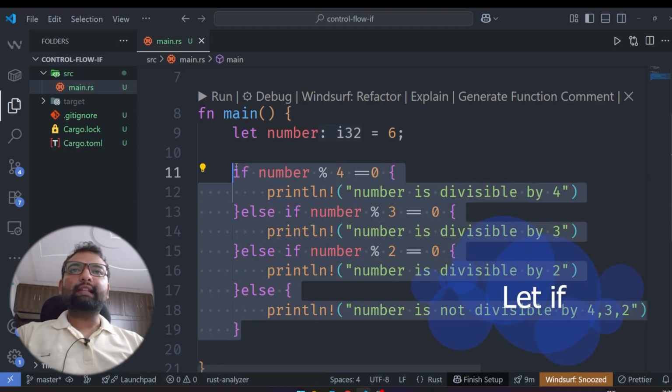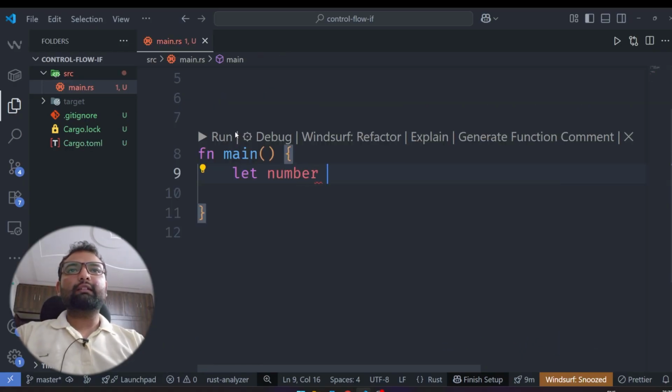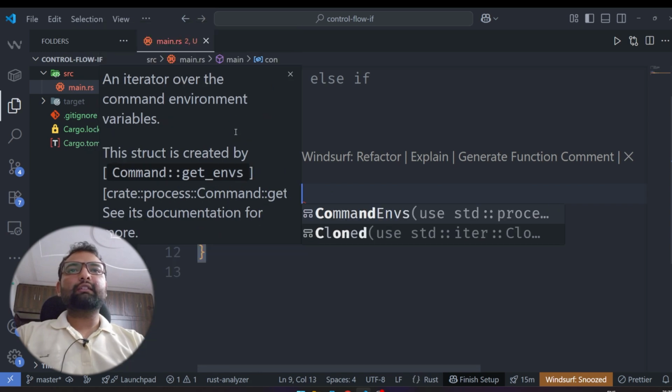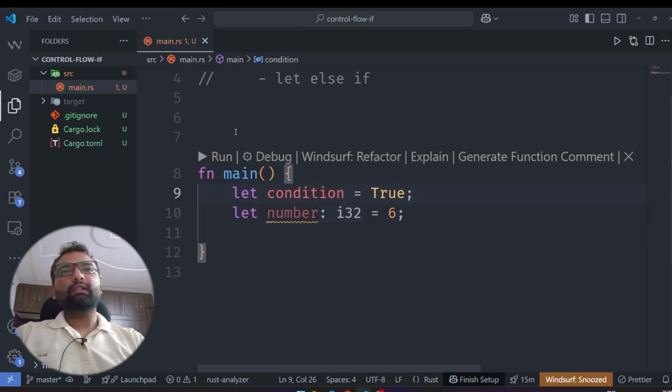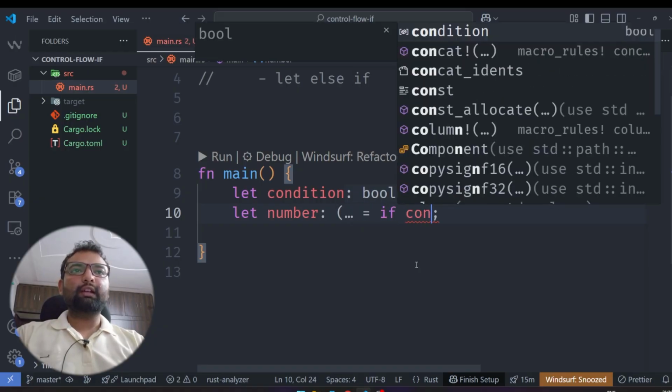Our last is let condition with if. So we have seen before, let number equals 6. This is how we define a number in a variable. But what if we want to define a number based on some condition? Okay, so let's say our condition is true right now. What we can do is we can also define our number based on the condition. So what I can do is I can do if condition,